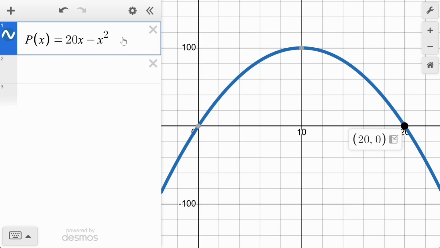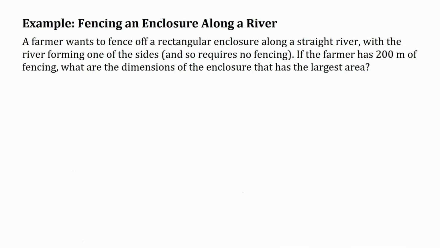All right, let's look at another example. In our next example, we have a situation where we have a farmer who wants to fence off a rectangular enclosure along a straight river. And the key here is that the river is going to form one of the sides, and so it doesn't require any fencing. If the farmer has 200 meters of fencing, what are the dimensions of the enclosure that have